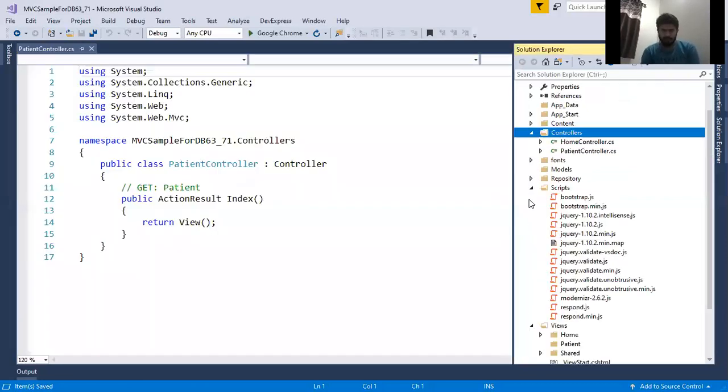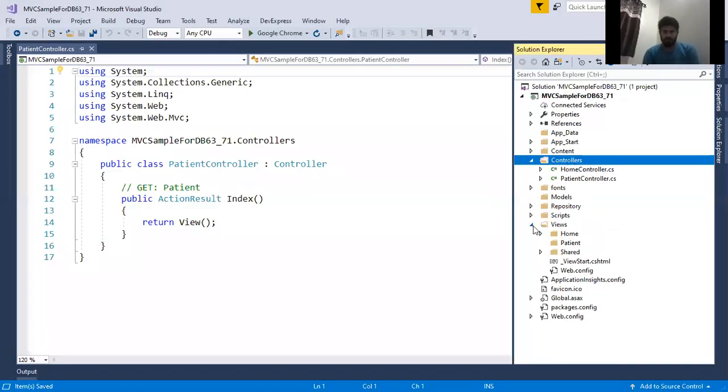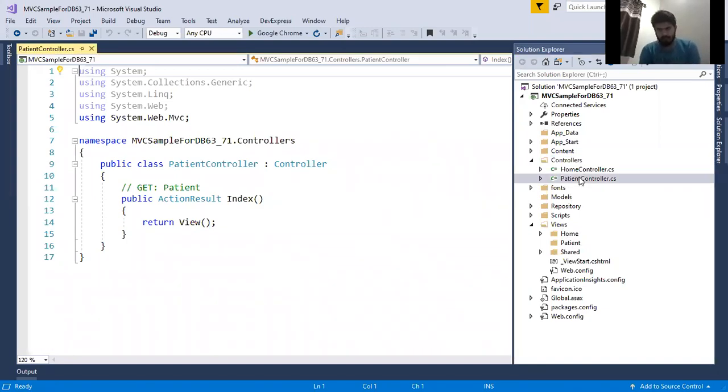If you go to the views folder, automatically patient folder is created. So that is the effect of the scaffolding. In general, scaffolding will automatically create the required folder structure, and in case you have selected the option to automatically include view, even that view will be added into your patient folder. So I created patient controller.